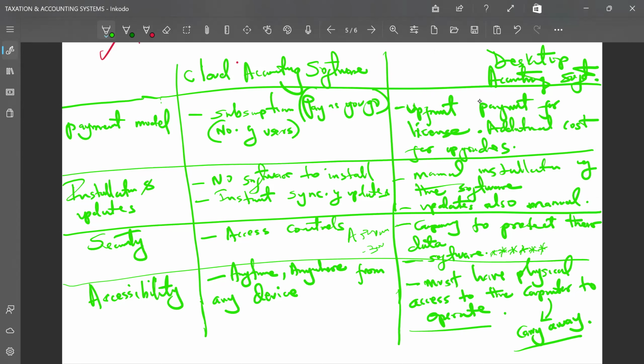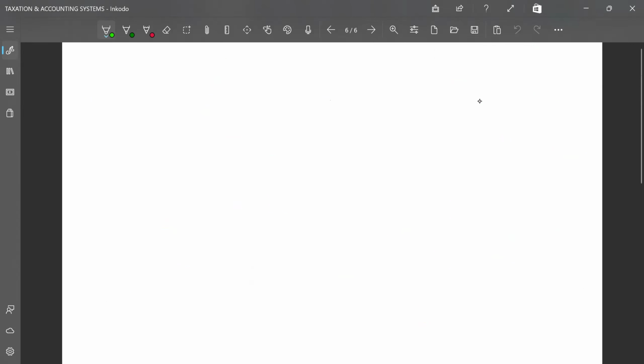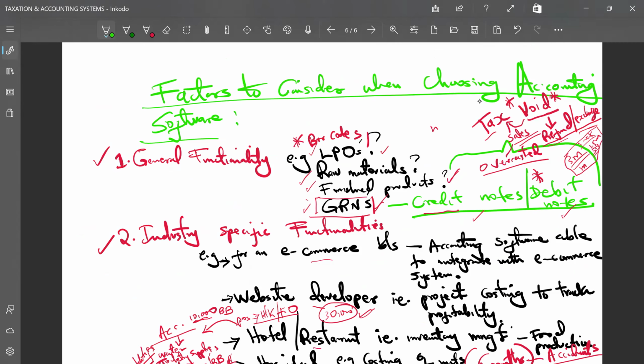But now I'm looking at a situation where you have many other users who want to use the same system. If you go away with the laptop where the software has been installed, how will the other users get to use it? How will they access the data? Are you seeing a technicality there already? That's what we're talking about. Now, make a choice. You choose what you feel best works for you. But the most important thing is you now understand and see the different areas that you need to consider when you are choosing these softwares. We are continuing with the differences here. What number was it? We've done up to number what?